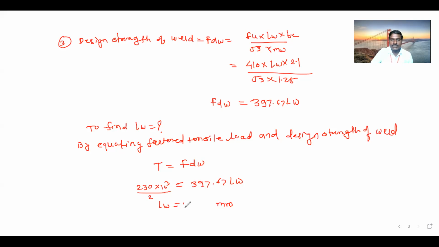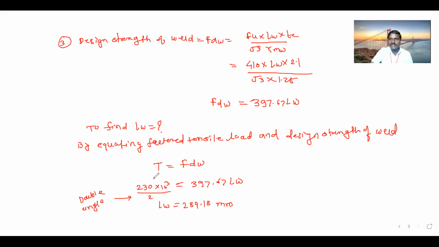289.18. So please tell me the answer first. Why have I divided this T by 2? Because factored load. Two angle section साठी फर्स्ट अँगल सेक्शन करायचं म्हणून. This is actually the double angle. This is for double angle.